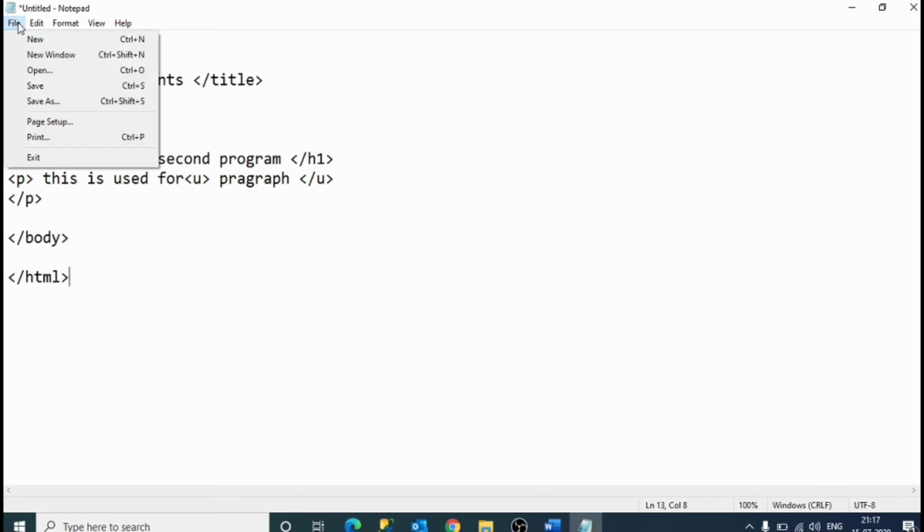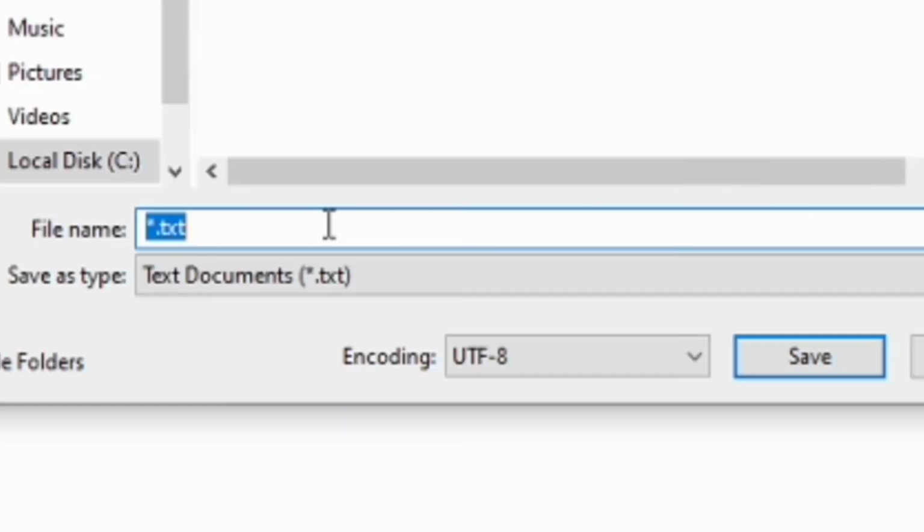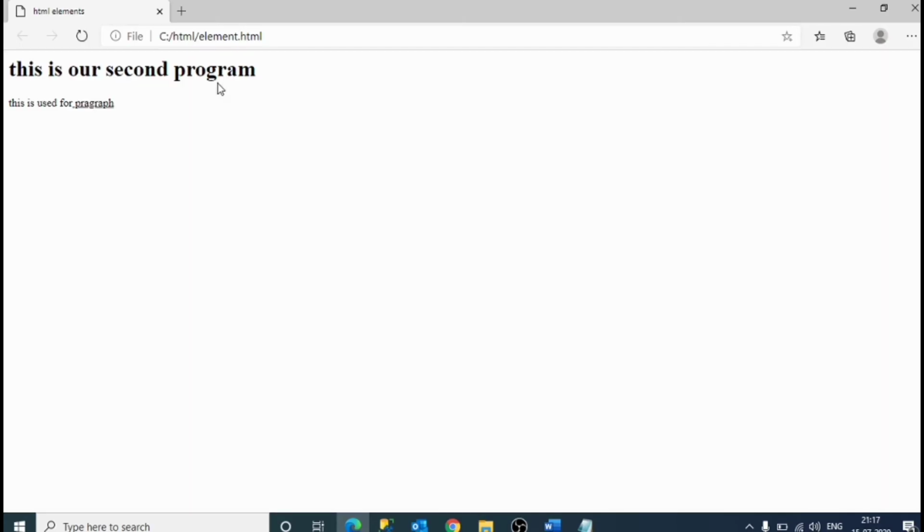I will save the program. Save as, element dot html. See, this is our second program and this is used for paragraph.